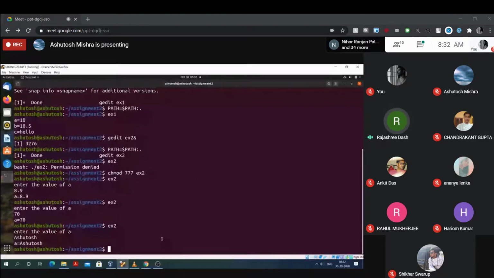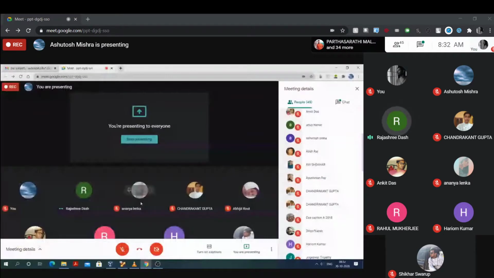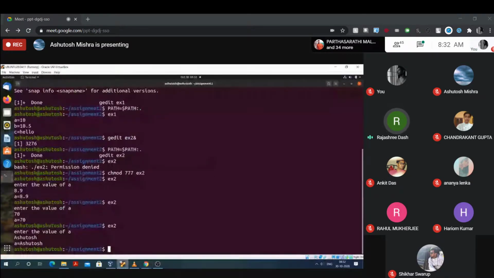Now next concept. So with these two examples, I think all of you are clear how to use the user defined variables in your shell program. Now let's discuss different types of operators. Suppose we want to add two numbers, let's say 2 plus 3. Can we directly write there 2 plus 3? Asutosh, simply check. Can you directly write 2 plus 3 to get the output? Is it giving you directly the value?